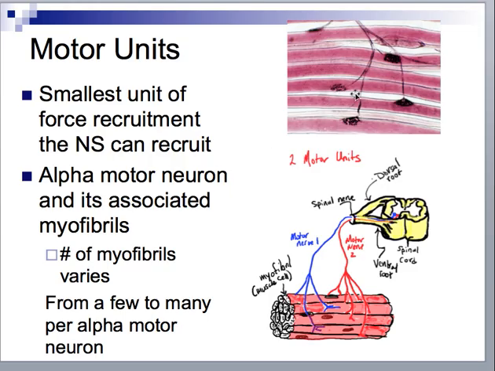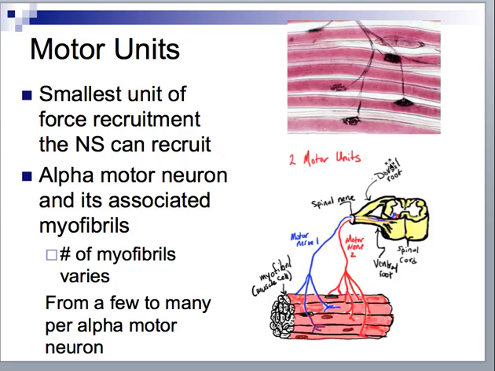of the nervous system. And what we see in this slide in the upper right-hand corner is a picture of branches of an alpha motor neuron and their connections to various myofibrils within a muscle. Remembering that a myofibril is a cell and houses the myofilaments that generate force. We can see that one alpha motor neuron branches and innervates several, in this case 1, 2, 3, 4, 5